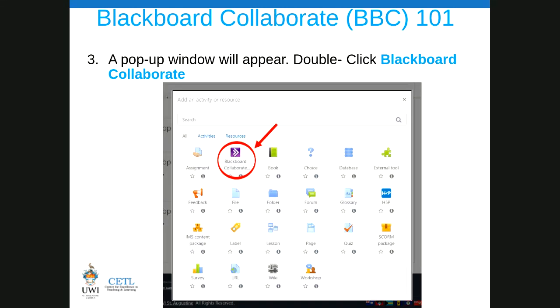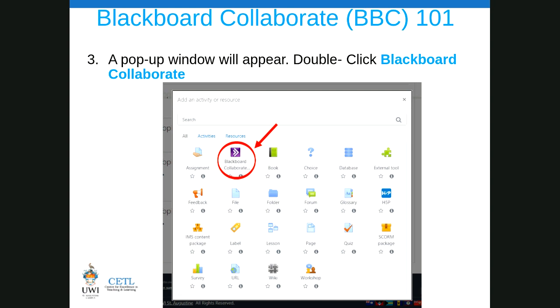The third step, a pop-up window will appear as you see here. This is just what I illustrated to you live, but now I'm showing you a recap. When you click on Add an Activity or Resource, this pop-up window will appear. What I need you to do is double click on Blackboard Collaborate.